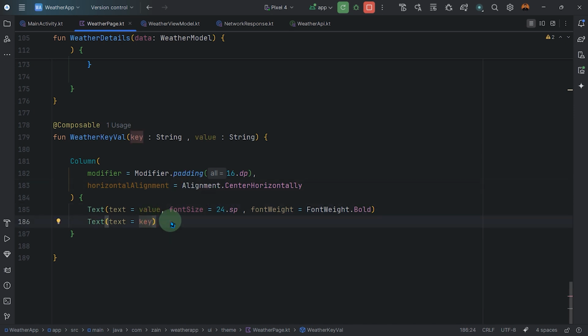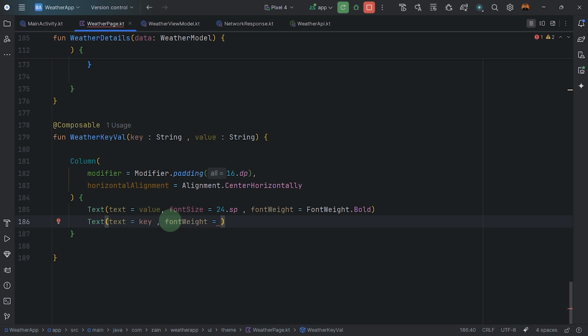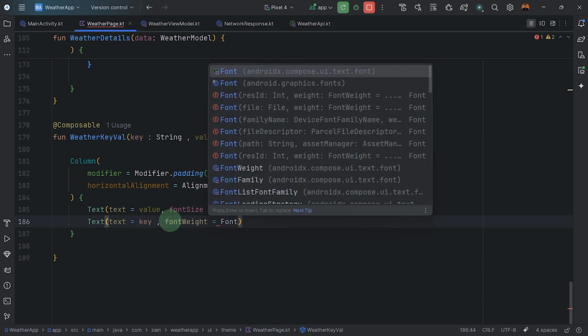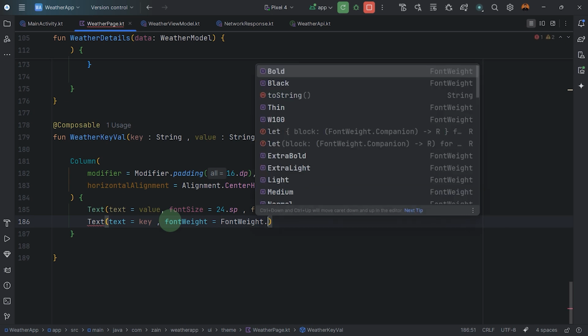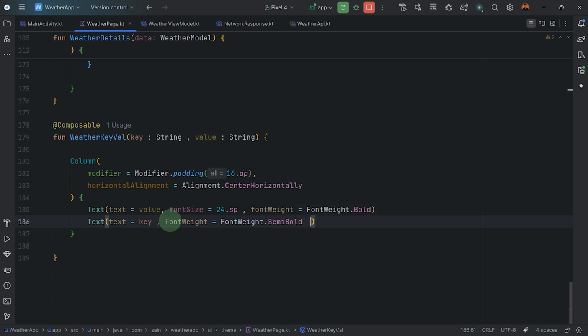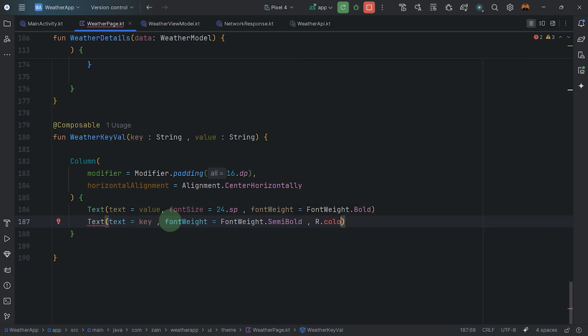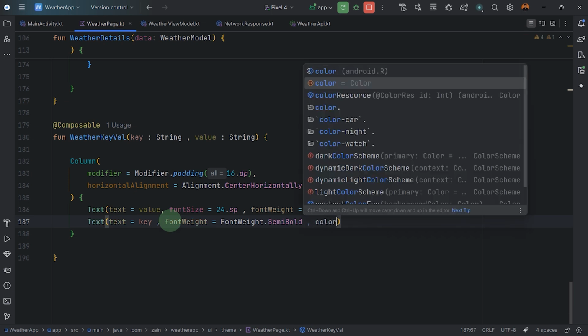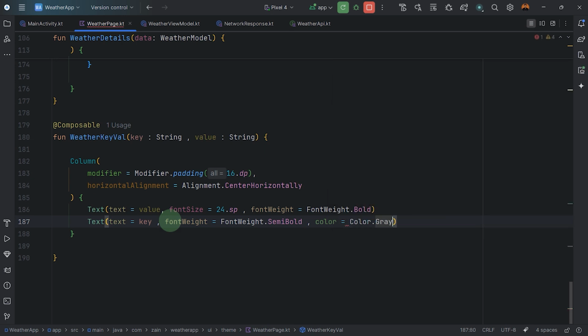Let's come to the key, and the key's font weight is FontWeight dot, let's do it semi bold, guys, and color should be, oh my god, again, so irritating. Color equals, let's take it as gray. Okay,